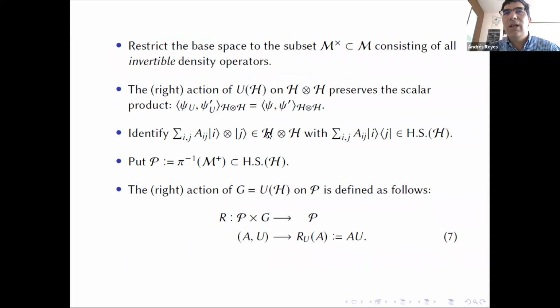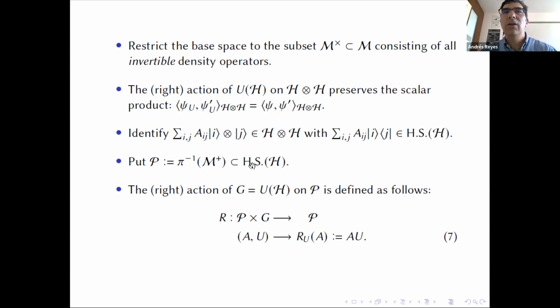Basically, if I have an element in H tensor H written in this form, I just swap the ket in the second expression to get a ket-bra type of expression, and this will be a Hilbert-Schmidt operator. Now, the norm of this vector in H tensor H will coincide with the Hilbert-Schmidt norm of this vector in this space. So we will make use of that, and now we define a total space to be given by